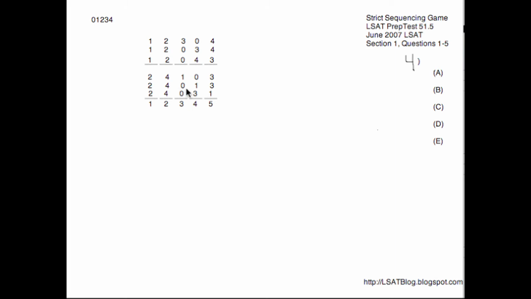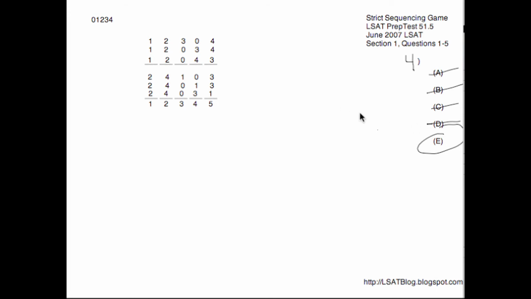That does happen in the 5th possibility. 0 is 3, 1 is on 4, so A is gone since it could happen. 0 and 3 on the 3rd and 4th spaces. Happens in the bottom diagram and in the second one. It certainly could be the case, so B is gone. Choice C, 1 and 0. That happens in the 4th possibility right here, 2, 4, 1, 0, 3. So C is gone. D, 3 and 0, happens in the top possibility, so D is gone, leaving E by